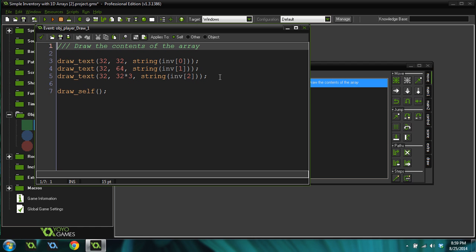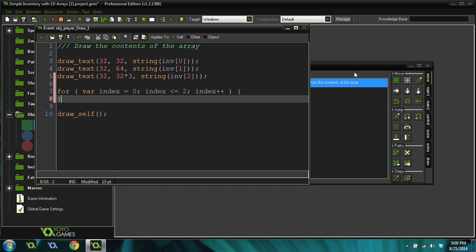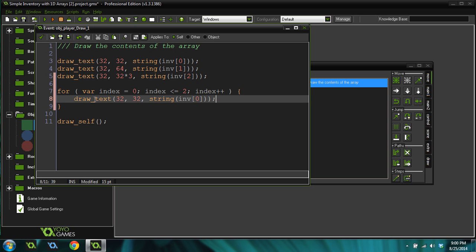So this is another great spot to do a for loop. And we're going to do the exact same thing, and I'm not going to explain it in quite as much detail. Var index equals 0. Index is less than or equal to 2. Index plus plus. Parentheses, curly brackets, and then we're just going to have this draw text 1 time instead of 3 times, and we're going to do draw text 32 times